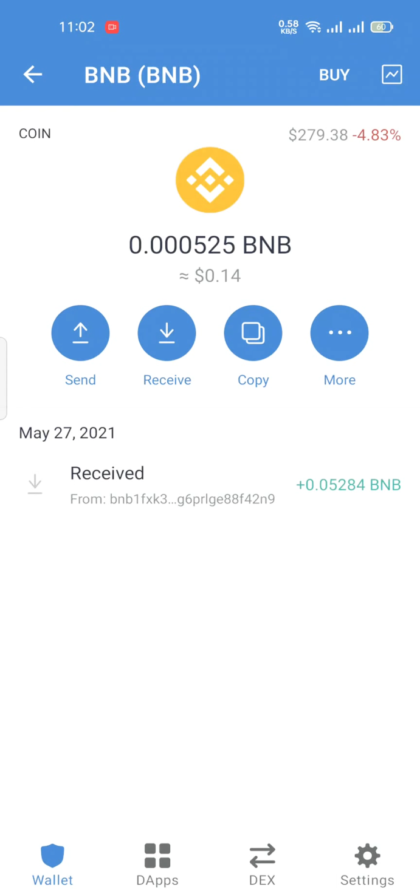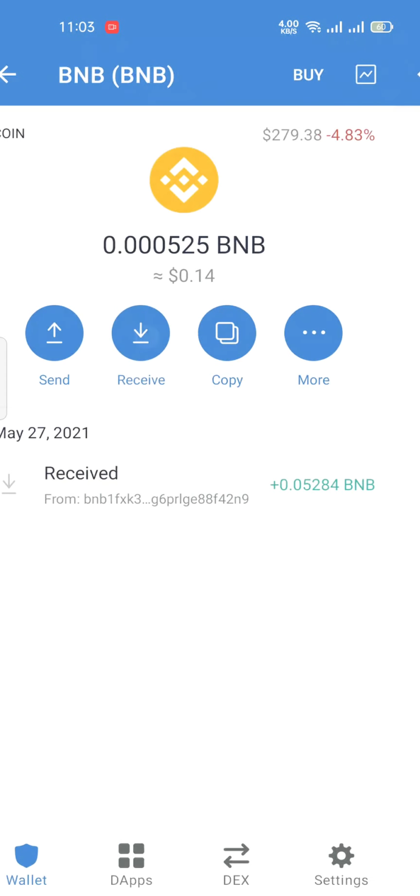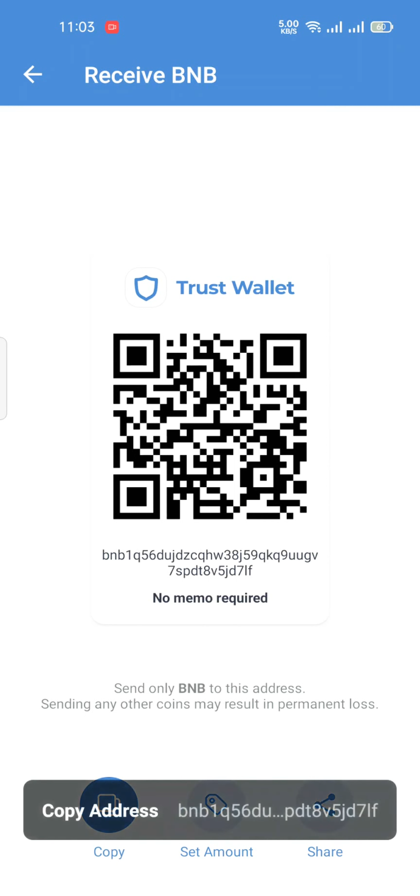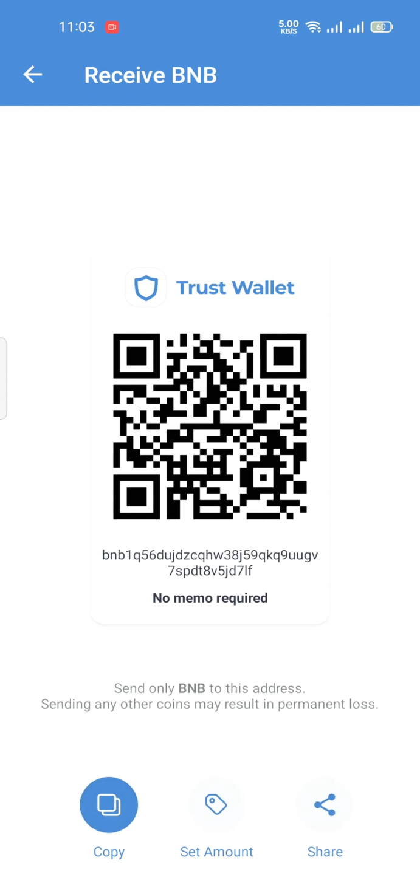In some wallets it is called a deposit address, but in Trust Wallet it is a receive button. Click on receive and copy that address. That is step 1. In step 2,